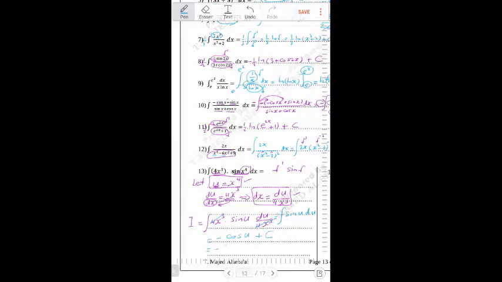Minus cosine. Now substitute, instead of writing u, write x to the power of 4. So the answer will be written in terms of x, plus c. That is the answer. We will discuss